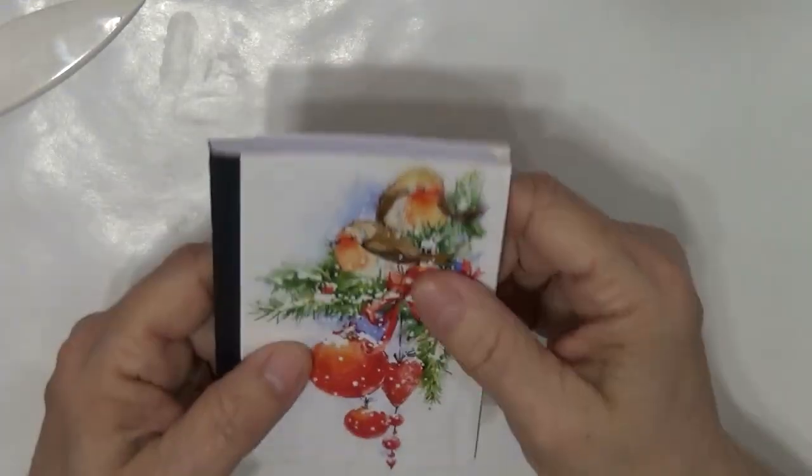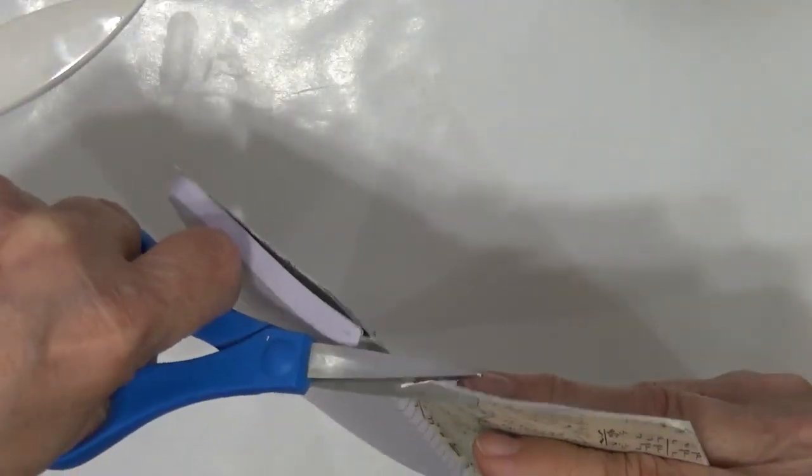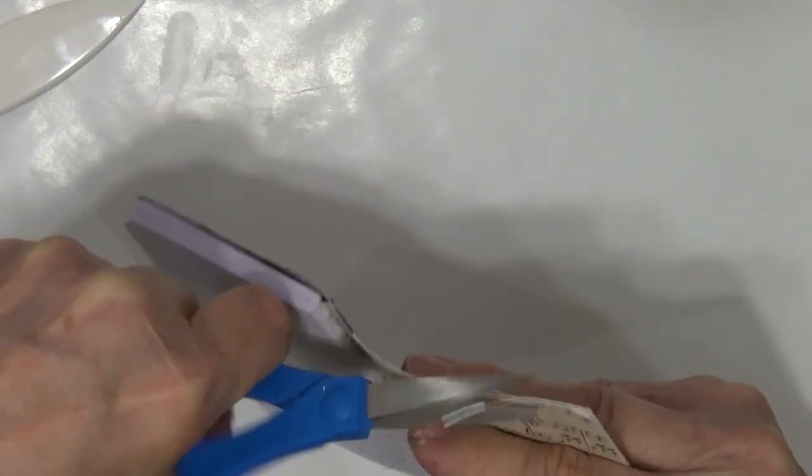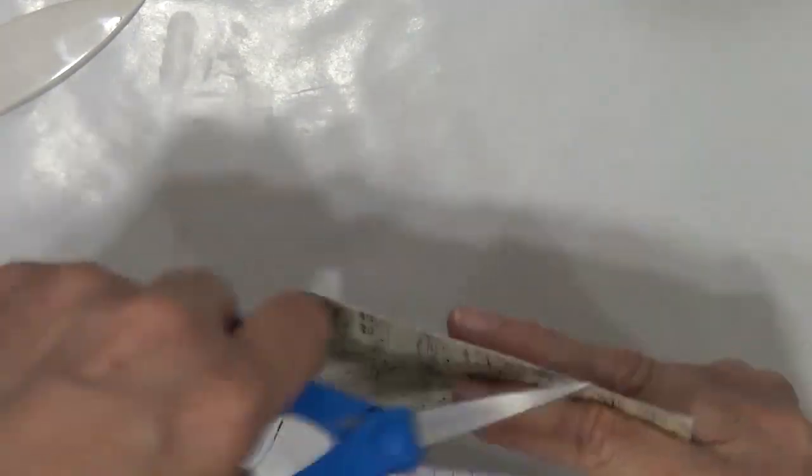I'm going to use the blow dryer on here for just a second. I apologize. Excuse the noise. I just want to make sure that it's good and dry before I go ahead and trim it. Okay. So now we'll just go ahead and do that step. We just come along the edge, follow,